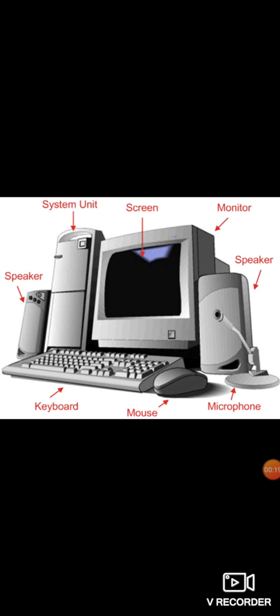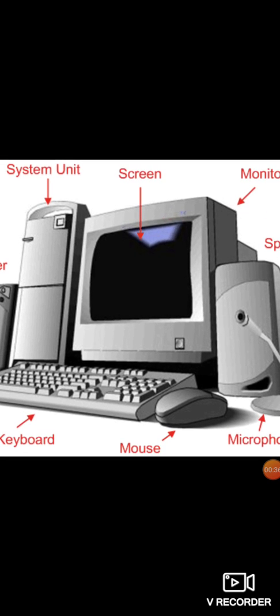Okay, so before starting the lesson, we can recall the concepts that you have learnt in the previous year. So, first of all, let us begin with what the parts of your computer are. As you know, a computer is an electronic device where we can store, calculate, and process any kind of information. Okay, so you can see these are the basic parts of your computer.